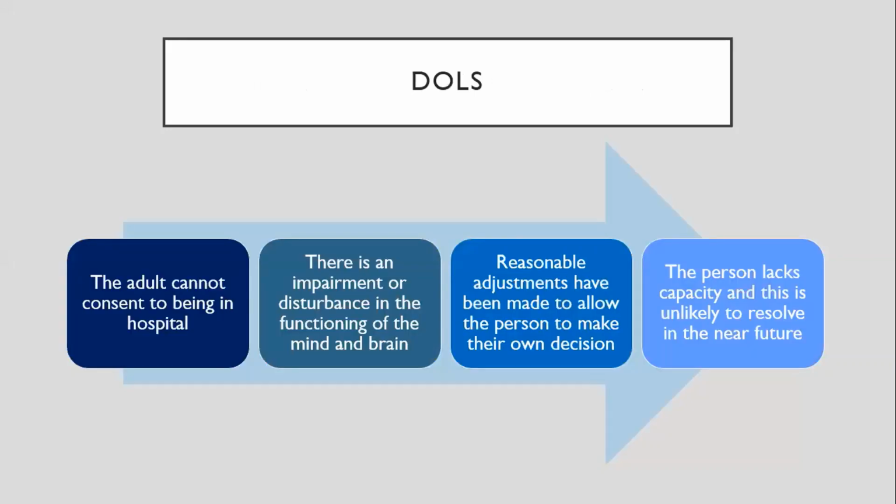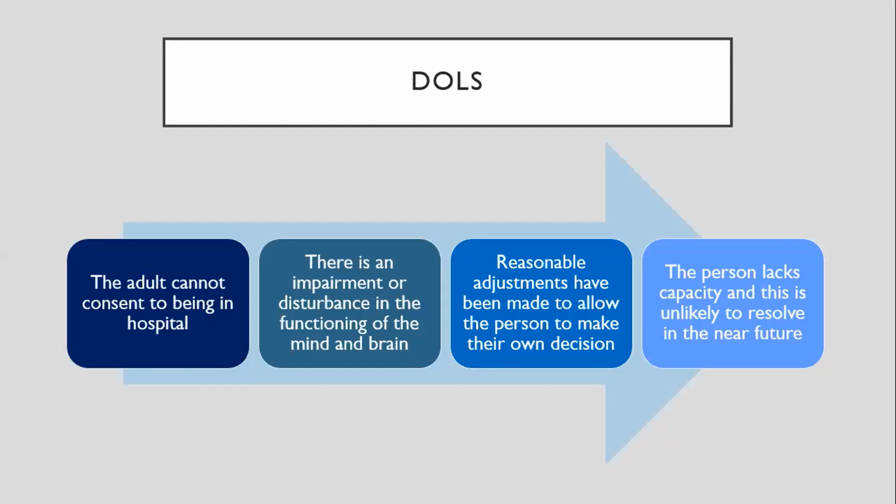And just to touch briefly on DOLS, this was introduced and published by the Ministry of Justice from 2009, and these safeguards are designed to provide positive protection for adults in hospitals or care homes in circumstances where their liberty is thought to be deprived, but who lack capacity to consent to the care or treatment that they may need. So if an adult cannot consent to being in hospital and there's an impairment or disturbance in the functioning of the mind and brain, i.e. they've got delirium